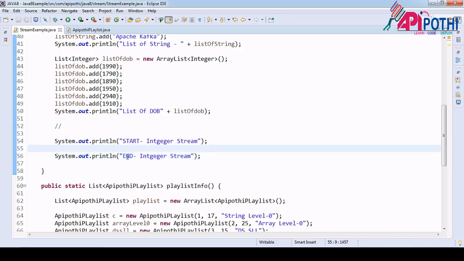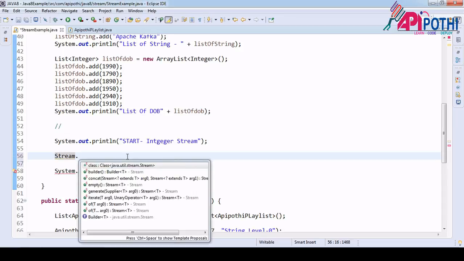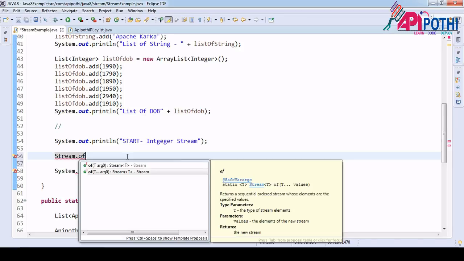So how are we going to create the integer stream? First we are going to have Stream dot, and inside that you will have the of factory method. If you see, two types of of method are there, one with one argument and one with multiple arguments. Anything is fine.